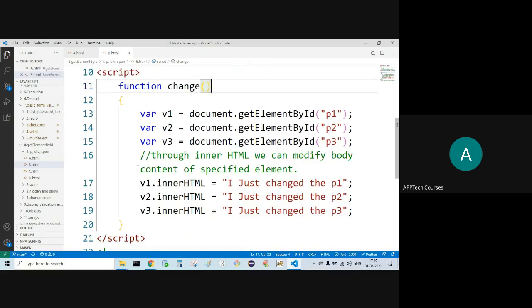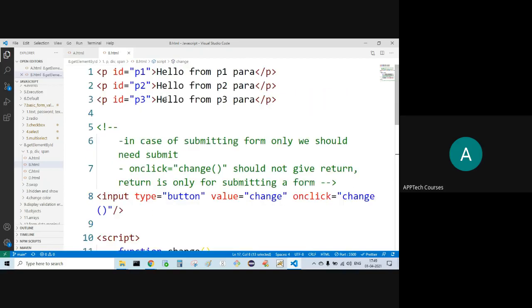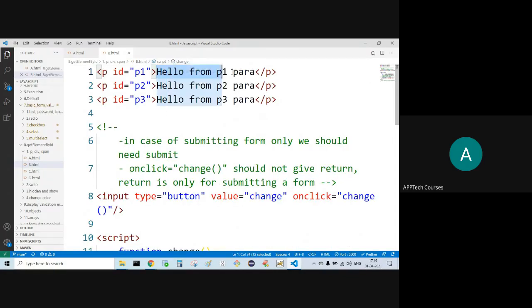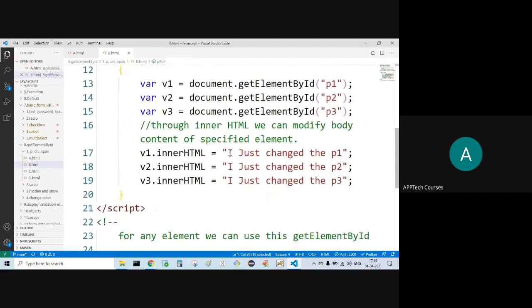Now what I'm doing? V1.innerHTML initially what? This content, hello from P1 para. That one I'm changing. Now I'm reinitializing it, I just changed the P1.